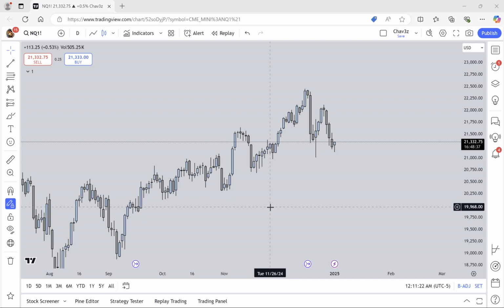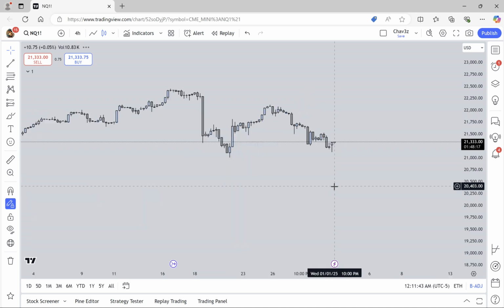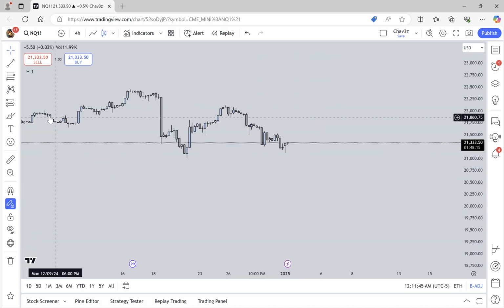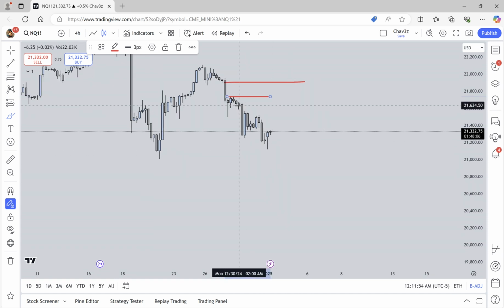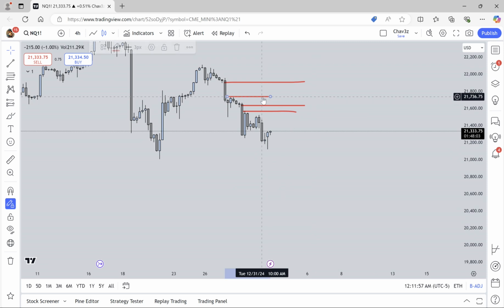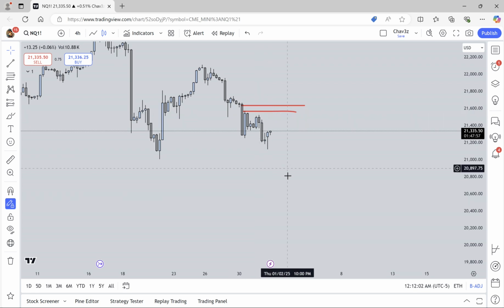All right, so for those of you guys that were in the last daily bias video of the 31st, we anticipated price to remain bearish because of the current price range that we're trading in. If we look at the 4 hour, we wanted to see price stay underneath this 4 hour fair value gap. We didn't want price to close above this. We wanted price to stay underneath to be bearish.